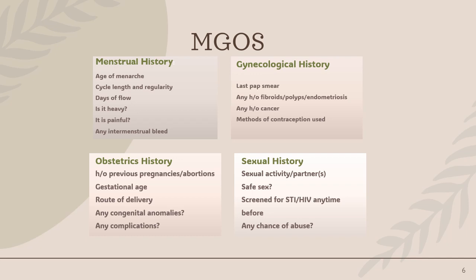And yes, any chance of abuse is a very important thing to ask. When she tells you about her relationship with her partner, the next question you can ask is about any abuse. It is a very important part of the history, and you need to ask this of every woman, not just those whose situation raised suspicion of abuse. It's always important to ask about abuse as early as possible in the pregnancy. So you can ask it right here.